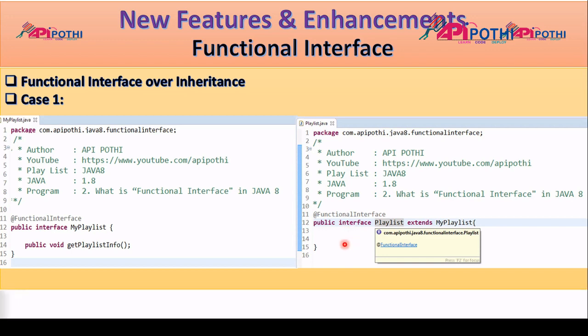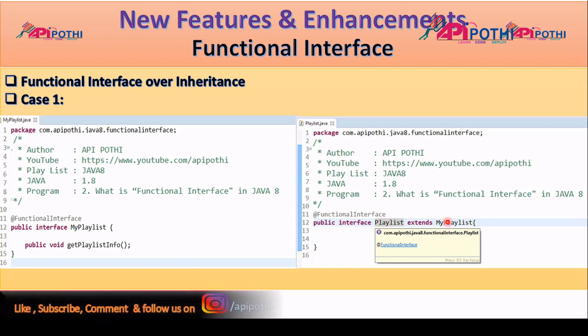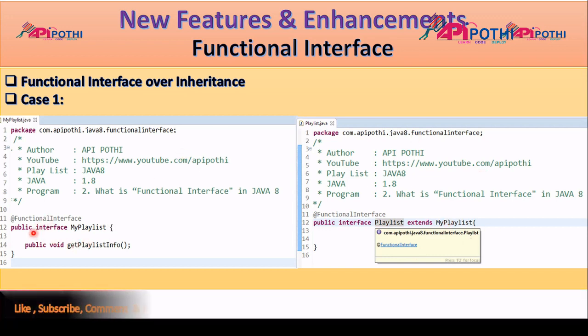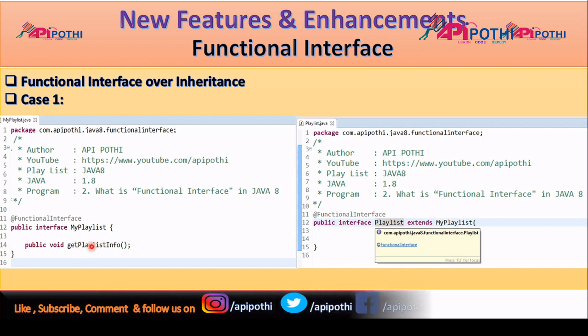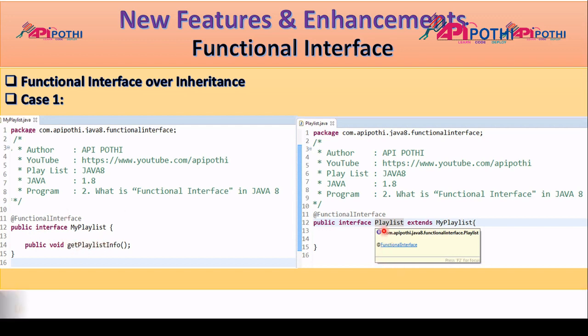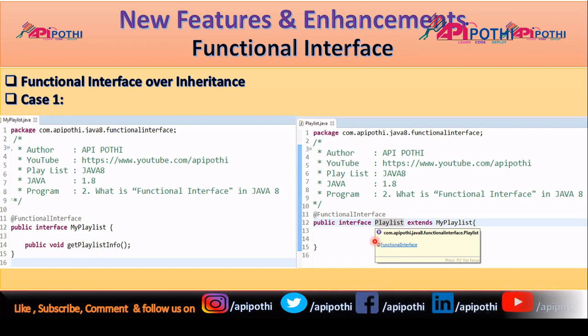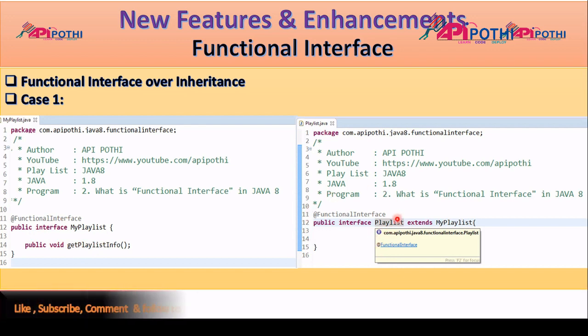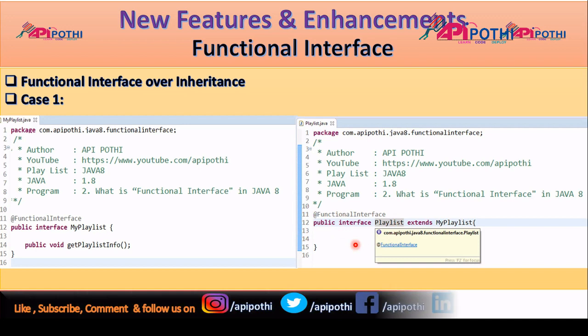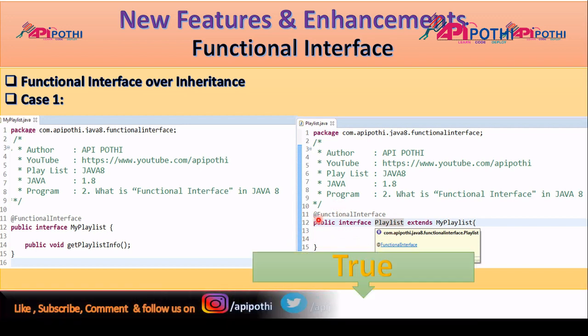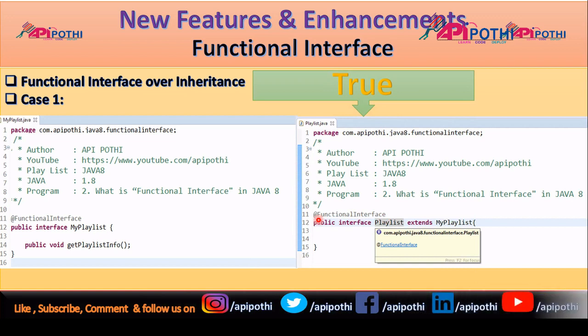The reason is that Playlist is extending MyPlaylist, and MyPlaylist is itself a functional interface. So this method is by default also coming under the Playlist child interface. So as per the rule, it contains one unimplemented method. So this scenario is perfectly fine. So here it goes true.